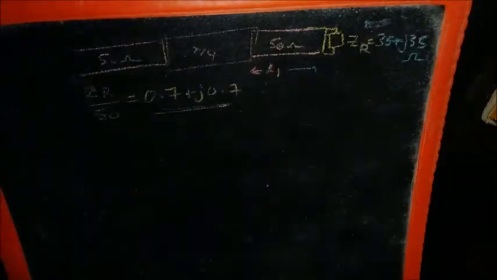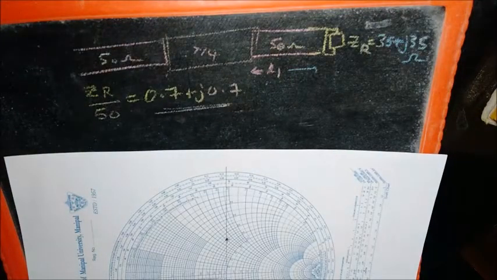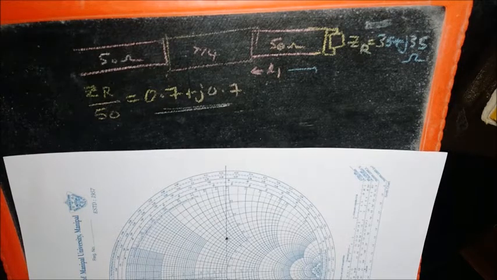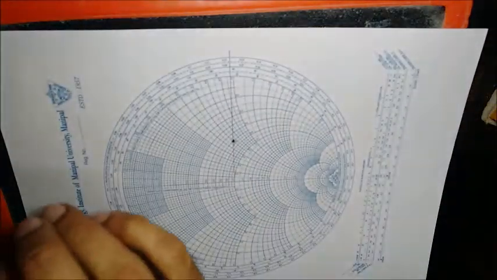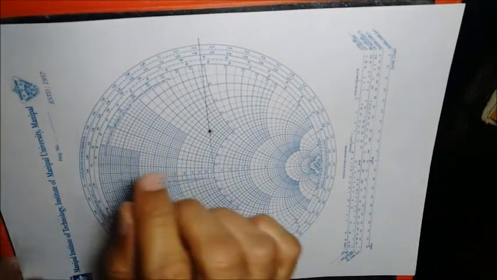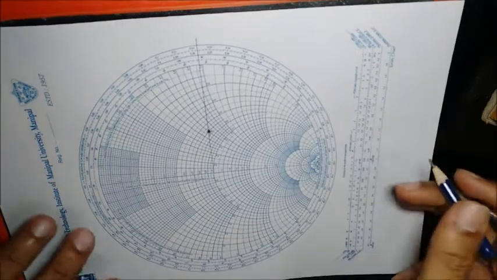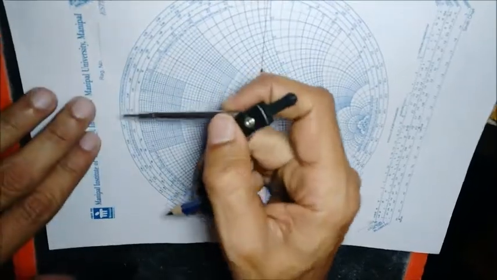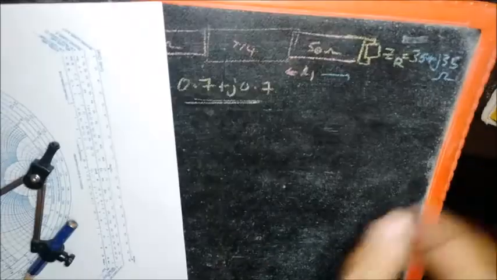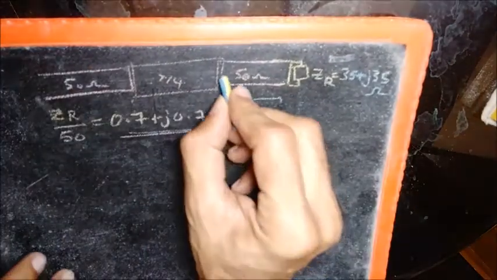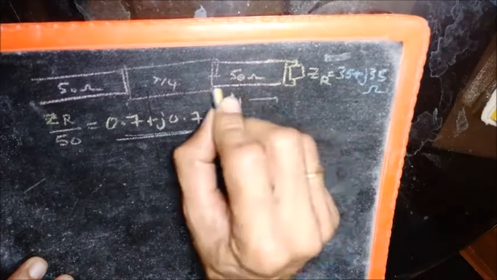Now, the next step is that, having identified that, we want the input impedance to be real. So we want L1 to be such that the input impedance is real. Now, if you carefully observe here, if you come back to this model, if you want the input impedance here to be real, we need to find out what is that L1.